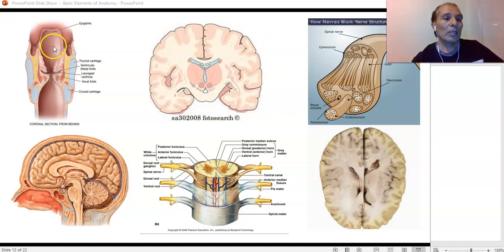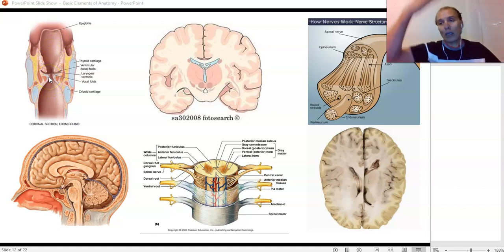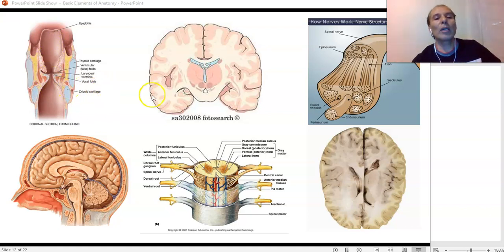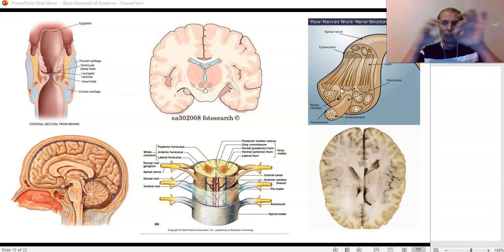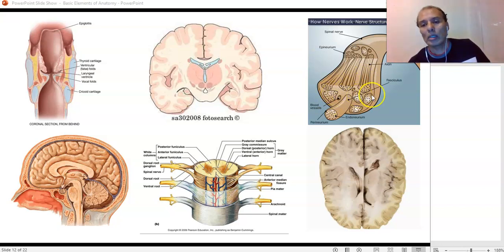So here, this is the larynx, and there's a cut of the larynx. So this will be your exercise. This is a nerve. A nerve is a bunch of axons of neurons. So think about this piece here. When you take it and just cut the whole thing,